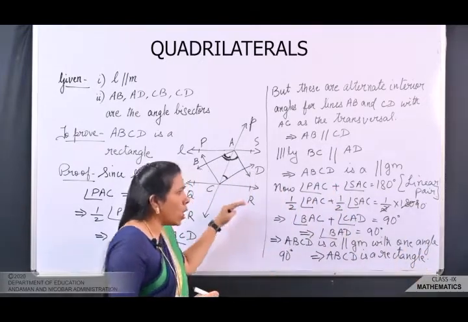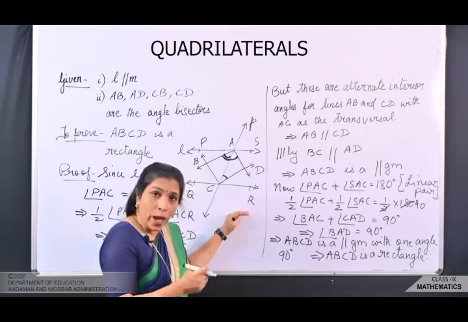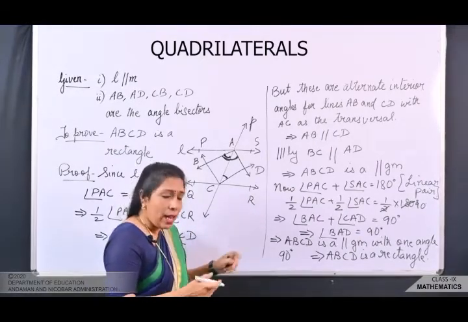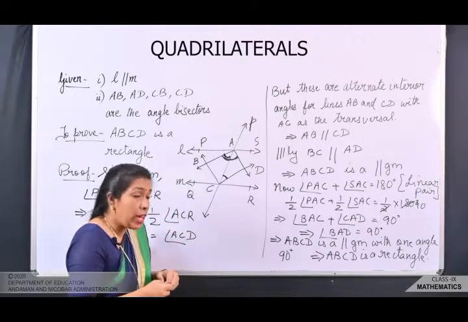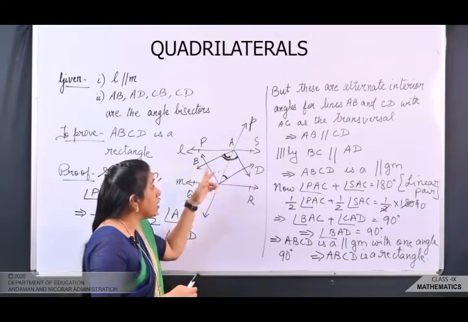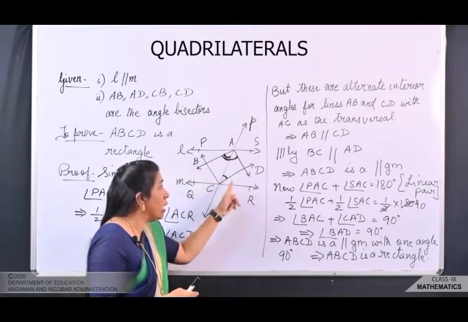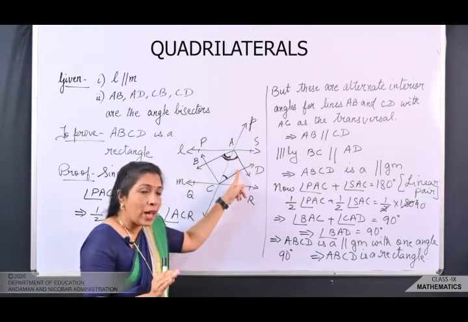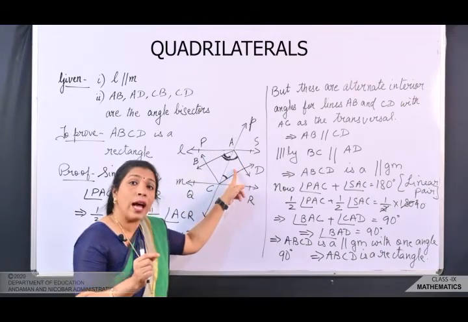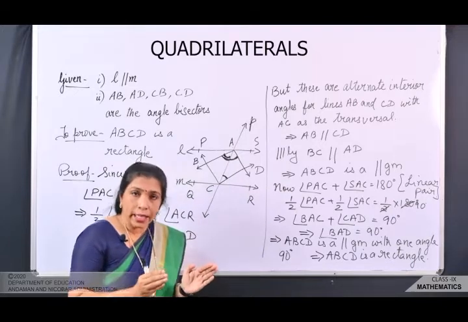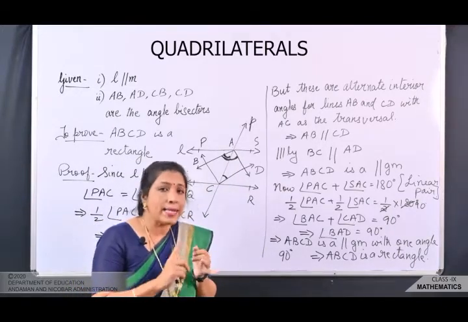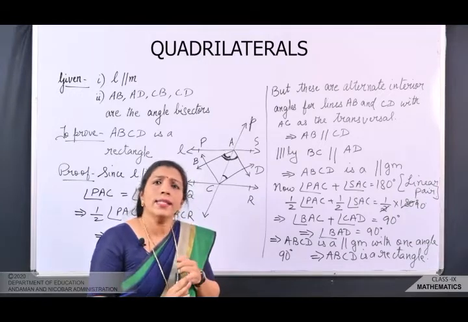Now children, ये थोड़ा सा interesting तो है, but little bit of complication is there, children. I'd like to explain it once again. Now here, what is given here? That two lines are parallel and this is your transversal. The interior angles are being bisected and you're getting a quadrilateral over here. You have to prove that this quadrilateral is a rectangle. And whenever you have to prove that a given quadrilateral is rectangle, you have to prove two things. One, that it is a parallelogram, and second, that at least one angle is 90 degree.